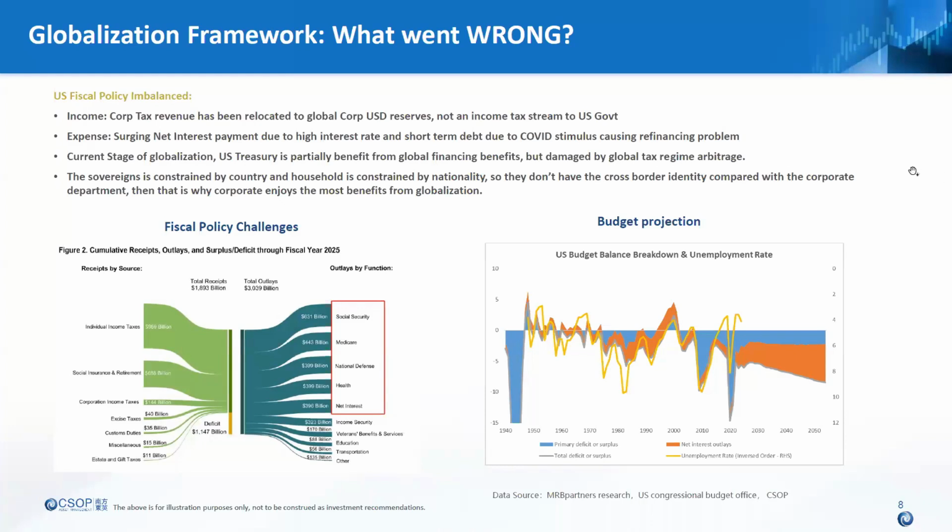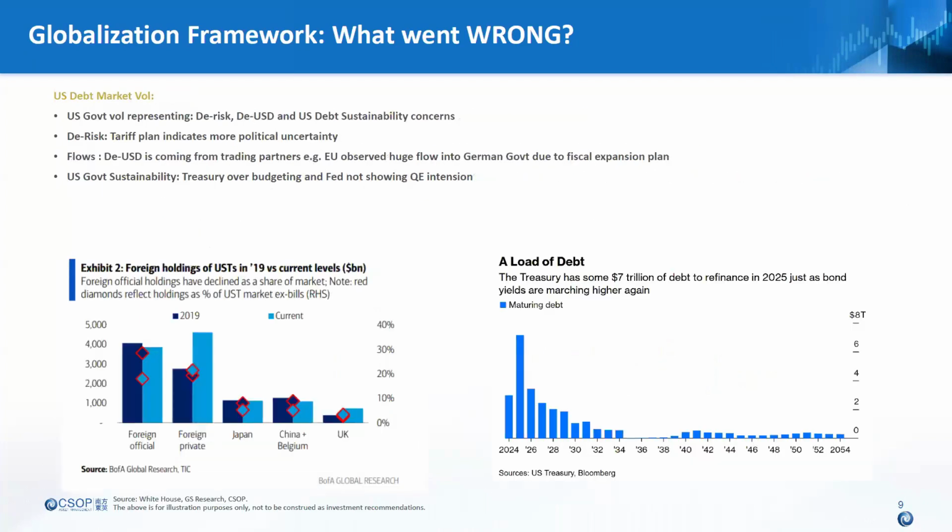So if you read this together with the escalating tariff wars in April, these pretty much explain the market volatility for this month. And there are three major de-risks. One is the de-risk from the U.S. equity market. The other is the US dollar, and the third one is the US debt